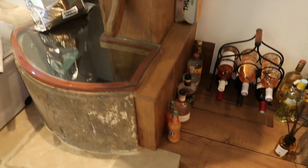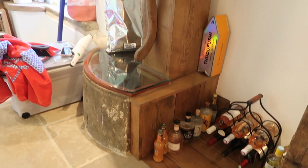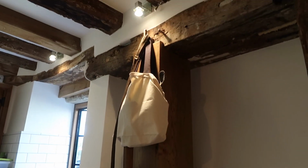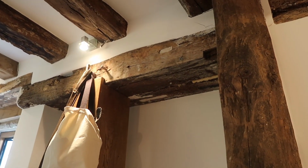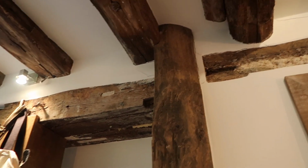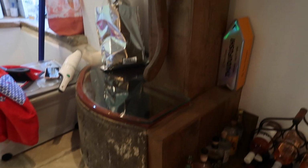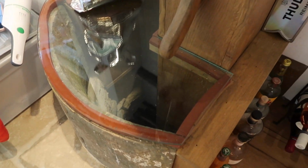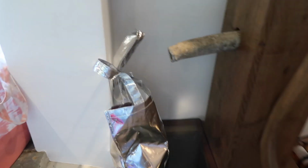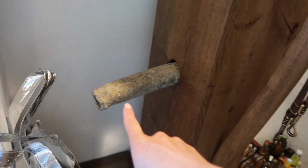And then hidden underneath this towel is a very, very old, and I'm not sure that it's 14th century, but a very old water pump. We've got the dog leads hanging from the top. You can see the beams are super duper old. There's some cobwebs up there I need to get. And yeah, it doesn't work anymore. But this would have been the source of fresh water for the house. You can see it's got some of the original pipe there,